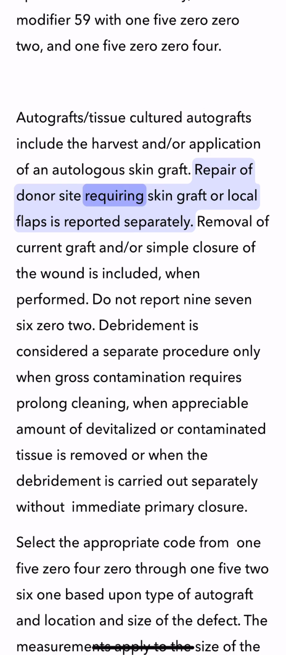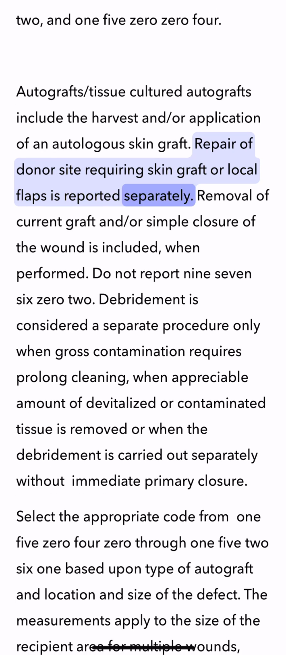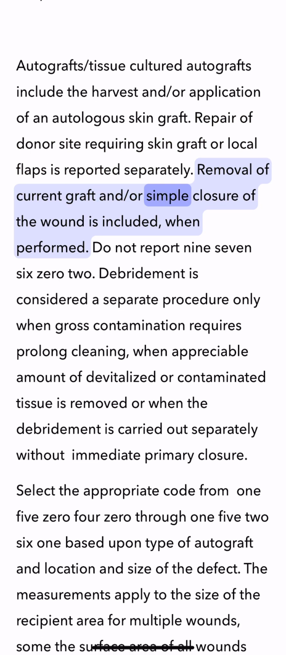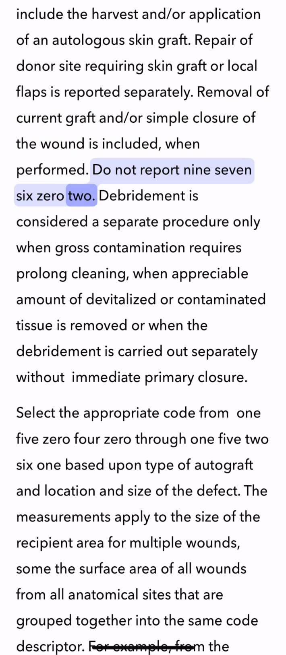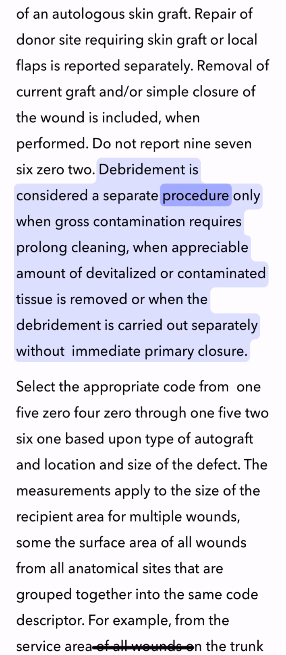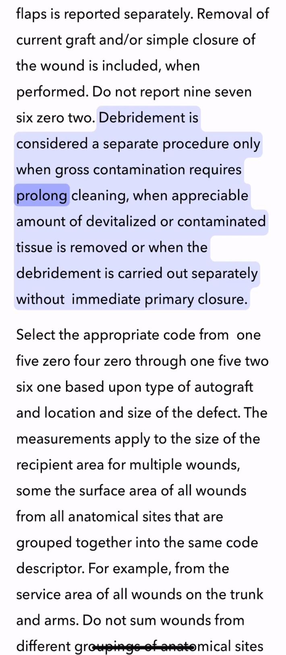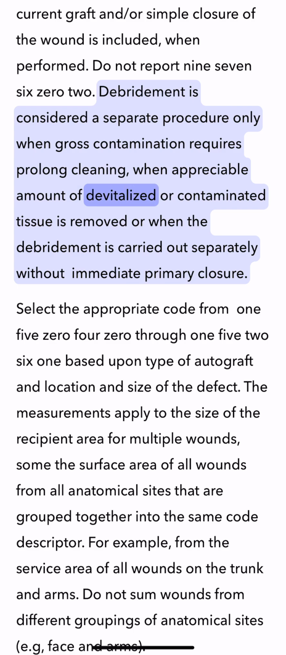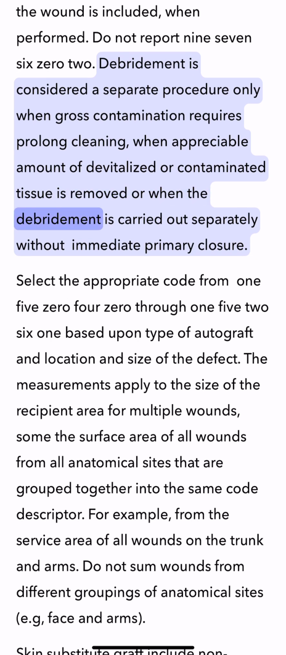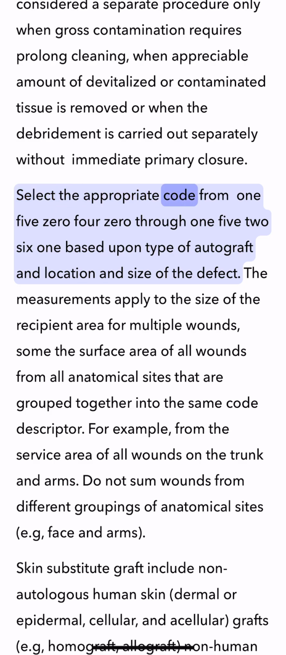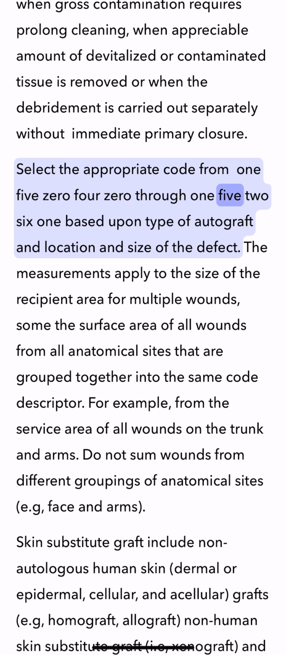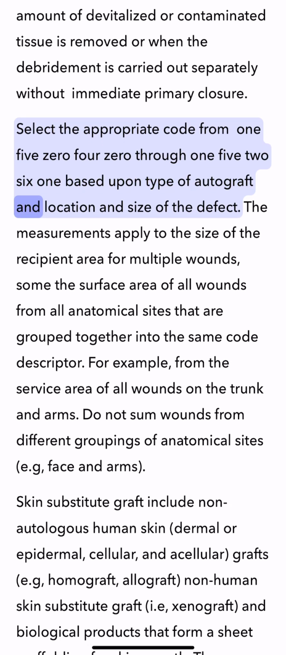Repair of donor site requiring skin graft or local flaps is reported separately. Removal of current graft and/or simple closure of the wound is included. When performed, do not report 97602. Debridement is considered a separate procedure only when gross contamination requires prolonged cleaning, when appreciable amount of devitalized or contaminated tissue is removed, or when the debridement is carried out separately without immediate primary closure. Select the appropriate code from 15040 through 15261 based upon type of autograft and location and size of